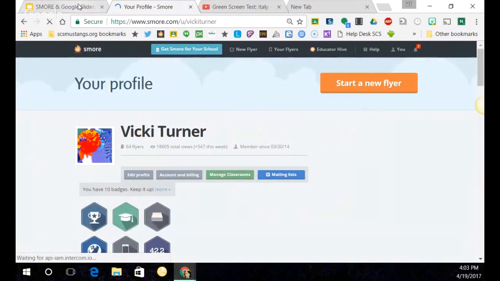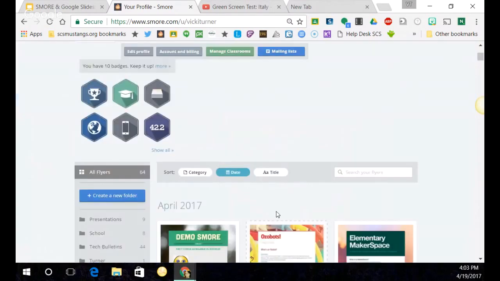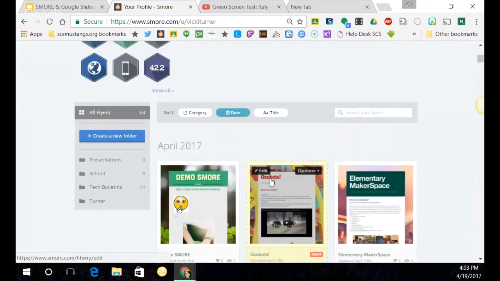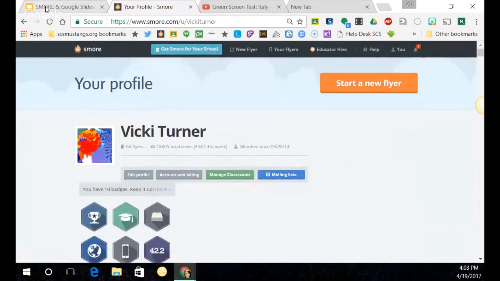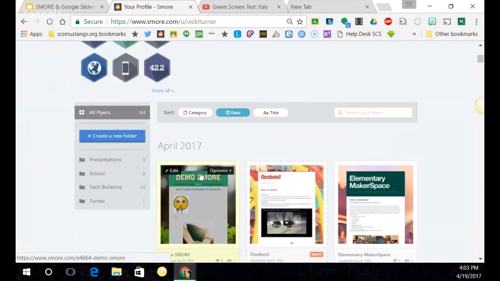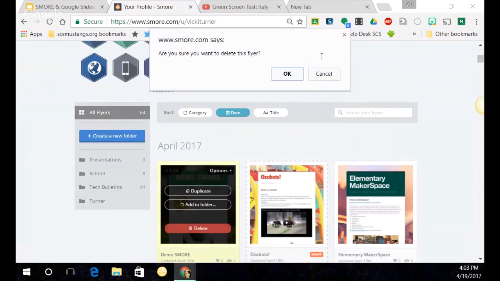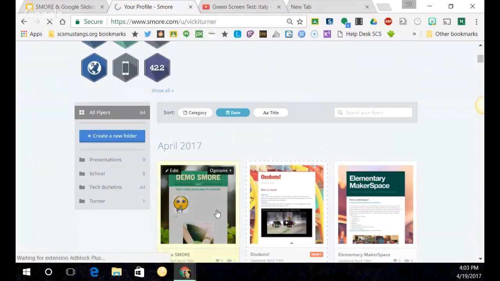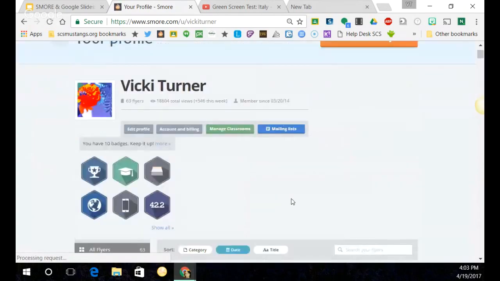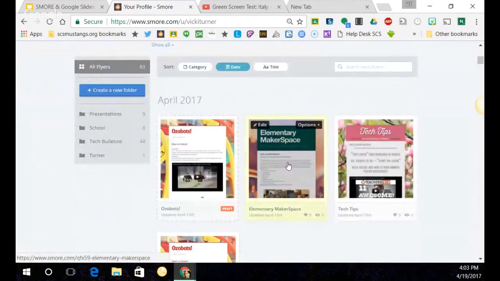So really that's about it for what I wanted to show you on SMORE and Google Slides and how you can kind of app smash those two. I'm going to go up here to options. I can edit, but I can go to options and then just delete this one that I was playing around with. And again, I duplicate all the time. This elementary makerspace, I opened up my other makerspace, duplicated it, and then I deleted everything that wasn't related to